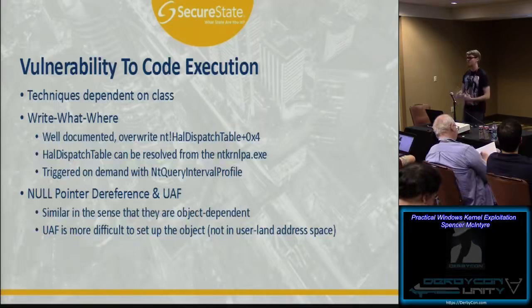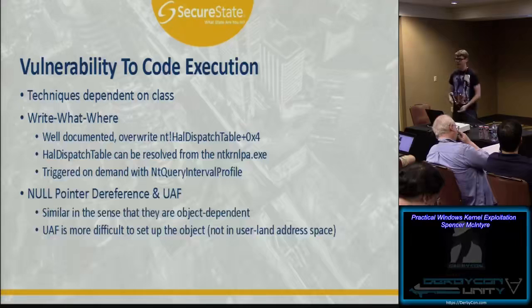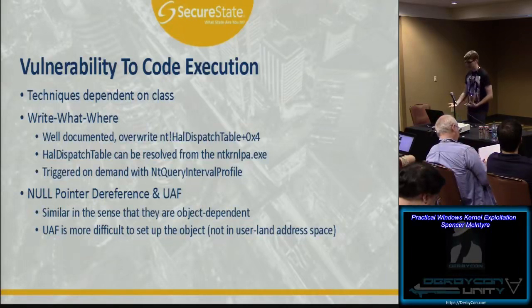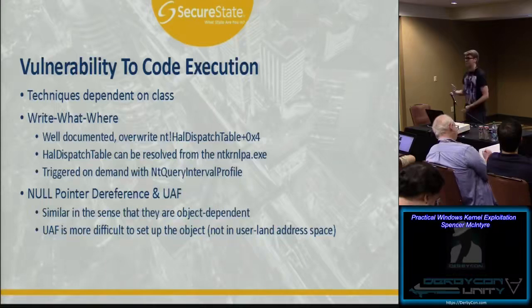So once the HalDispatchTable is corrupted, because you control what data is written and where it is written to, you set that where to be this offset in the NtHalDispatchTable. After you have done that, you have the what condition, the what you wrote to that should point to your shellcode that's going to do whatever it is that you would like for it to do. After you have that, you then can call NtQueryIntervalProfile to trigger your shellcode on demand,